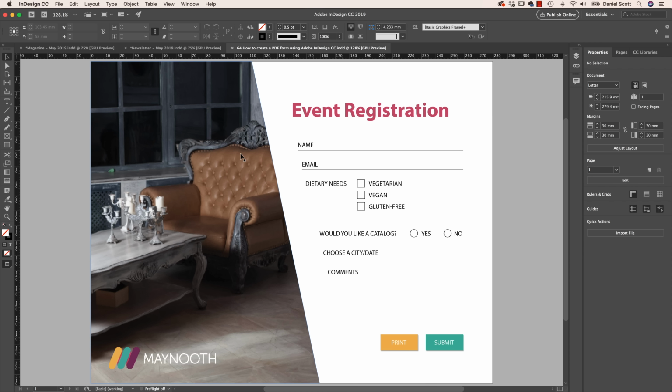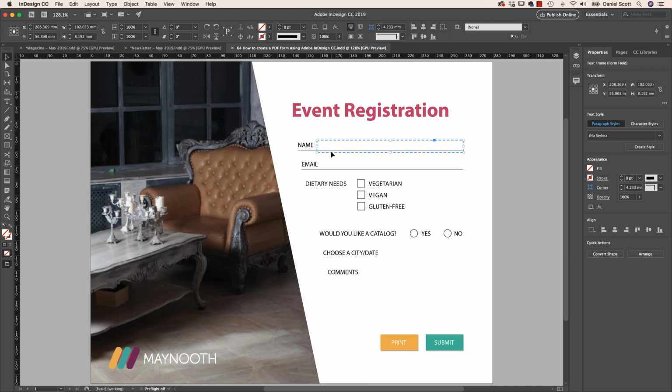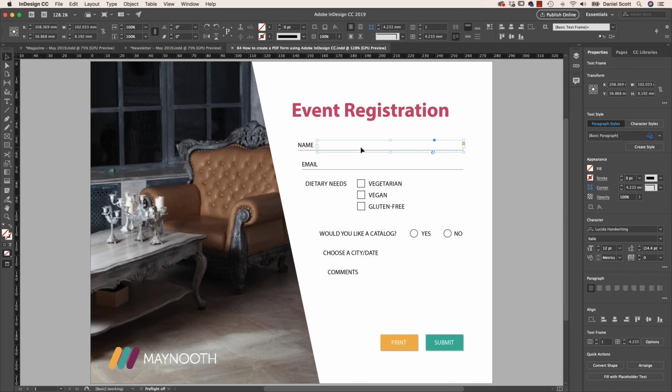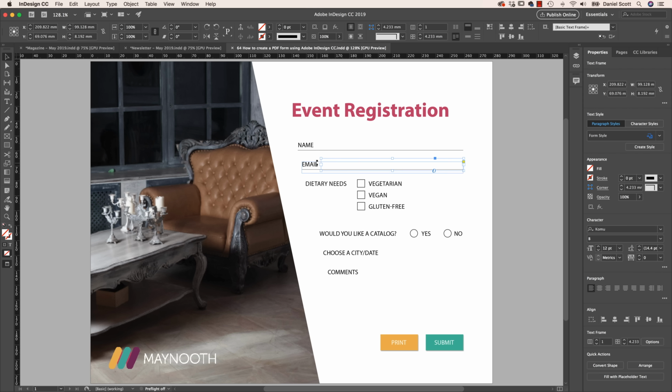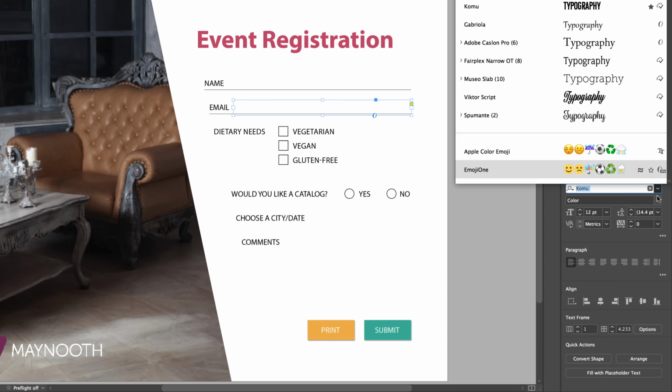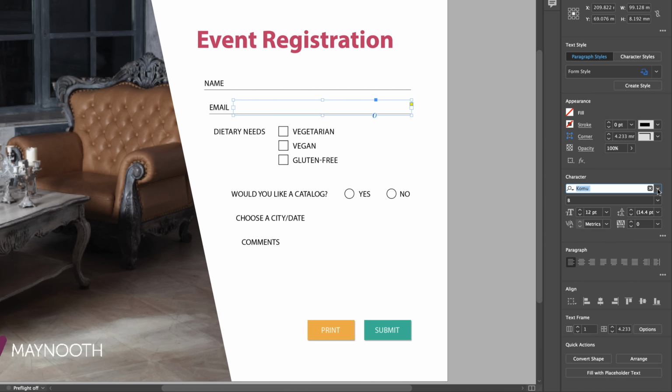So PDF forms are in InDesign. They've been in there forever. Okay, not forever, but a while. And one of the things is you use InDesign to make it look real pretty, but the text fields always default to, is it Myriad? I can never remember. Minion. Okay, what you can do now, or what they said in the feature, was that you can change this to a custom font. So you can go in here and double click it and say, this text field that your audience can type in, you can pick a custom font. Okay, so you can pick anything from here. And that is true, kind of,